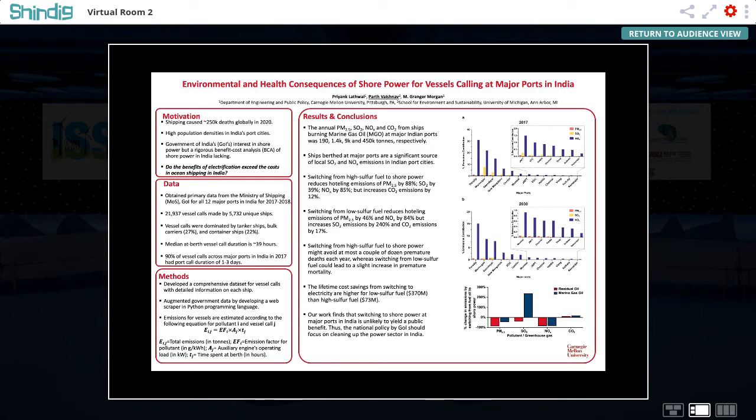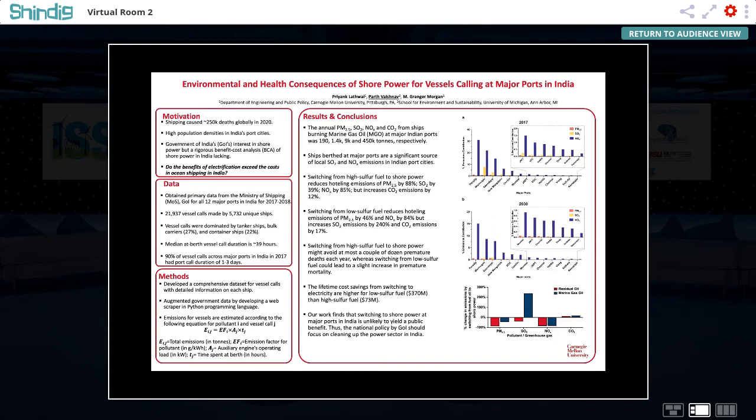We had some estimates of what the effect on premature mortality would be, but we used a heuristic method to arrive at that, and so we haven't put the numbers here because we aren't terribly confident in them. But right now, it turns out that shifting from fuel to shore power in India does not do a whole lot of good because the electricity grid is simply not clean enough. Virtually all the load following electricity in India comes from coal, which is unabated. And that is what is driving this result.